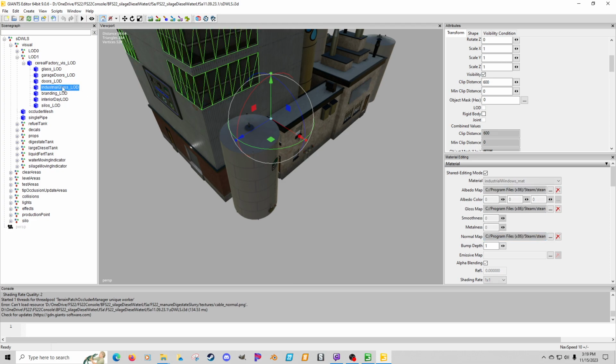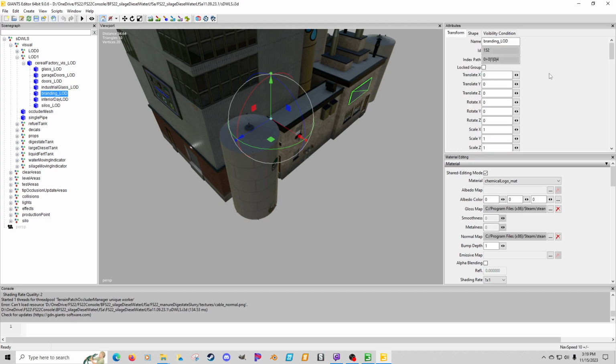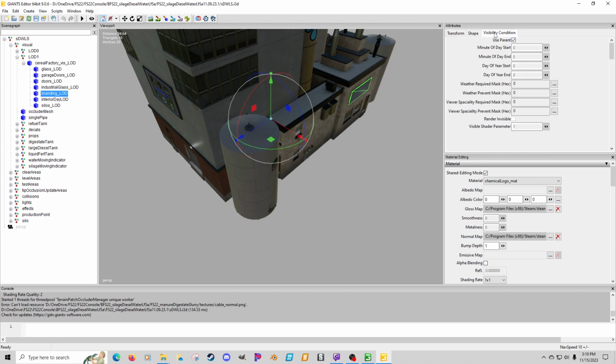The thing I can say is it's LOD, so it doesn't matter. Visibility condition, because there's nothing different unless it's complaining about not having an albedo. Maybe that's what it is. Yeah, for some reason it doesn't have an albedo, so I could have just used, probably, if I had to guess,